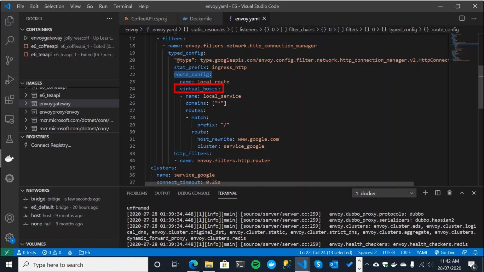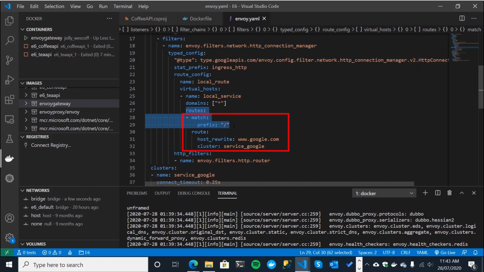You create this virtual hosts tag, which is the key central aspect to specifying a number of routes. Just give it a name. I don't think that does anything in particular, and then you can specify the domains to filter on. This stuff just blows up, to be honest with you, and you can do loads of stuff with it. So this is really basic. This is just looking for all domains, and then we specify one route. So we're just going to match anything, basically.